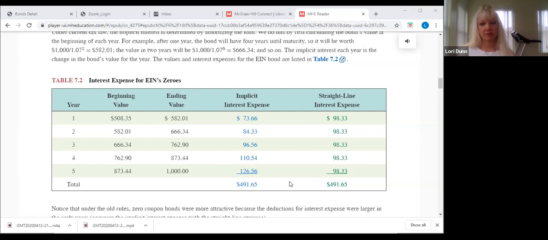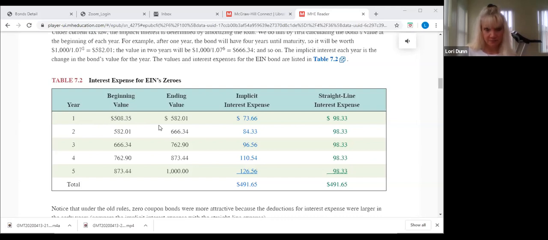But then the federal government came in and said, no, that's not really good. We want you to do it a different way. And they came up with what's called the implicit interest. I'm not going to get into the whole calculation there. I'll just show you the first one. But we calculate the interest more exactly. What we do, and you can do this calculation, is take the beginning balance of the bond, in this case 508.35,